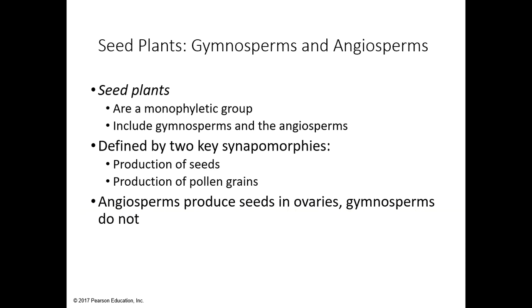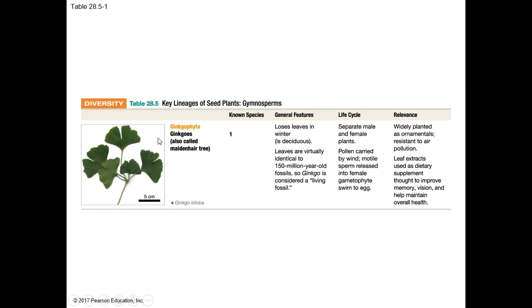All right. Lastly, the gymnosperms and the angiosperms, putting those together here. You want to recognize some of the gymnosperms and recognize that these are your seed plants. They're monophyletic, and they're really defined by their synapomorphic traits of producing seeds and pollen grains. Angiosperms produce seeds and ovaries. Gymnosperms do not. That's a major difference there. Let's see, recognize your ginkgos,